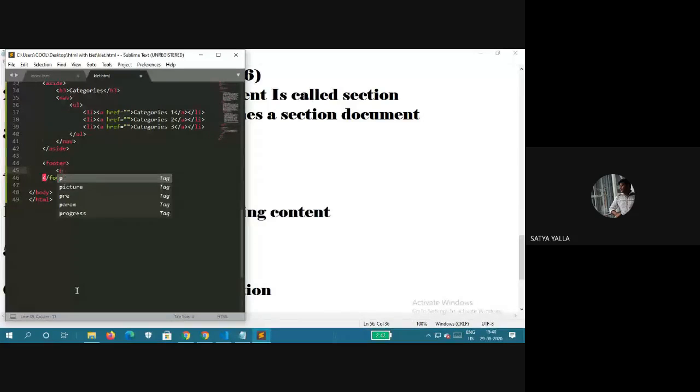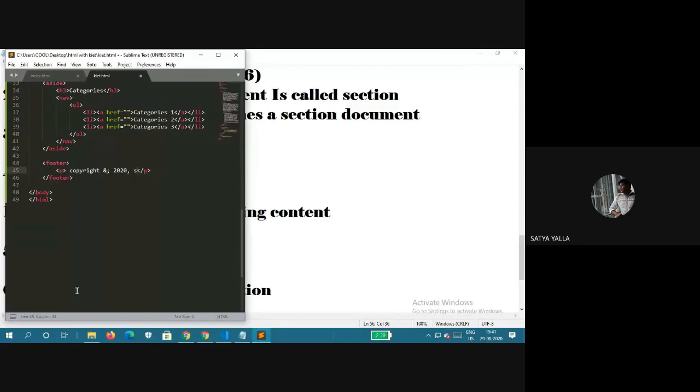Always we have to give the paragraph's opening. It's nothing but the copyright. Suppose we want to give this ampersand, 2020, and let's give your name for others.